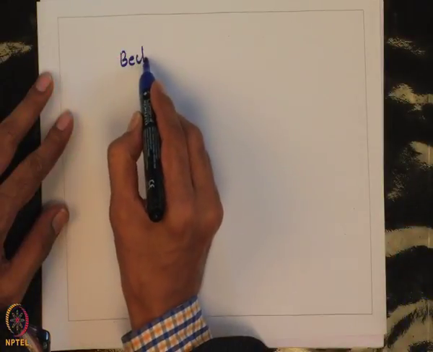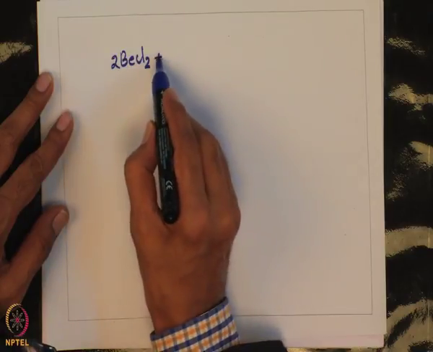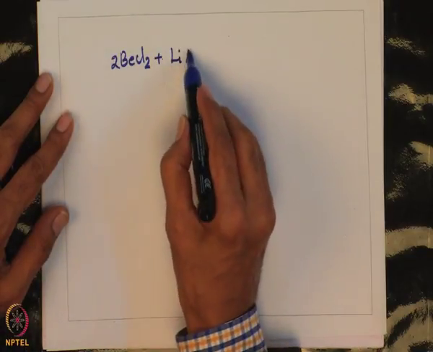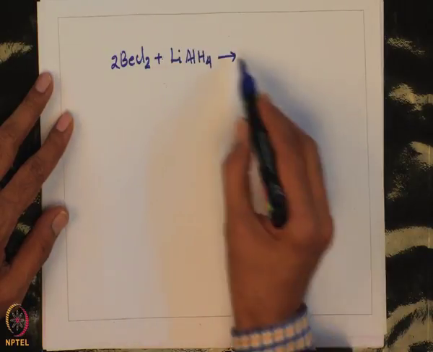Because of the high ionization energy associated with beryllium, it does not react. As a result, using a simple method, one cannot make beryllium dihydride. Instead, one has to go for drastic conditions. For example, beryllium hydride can be prepared starting from beryllium chloride, which on interaction with lithium aluminum hydride gives